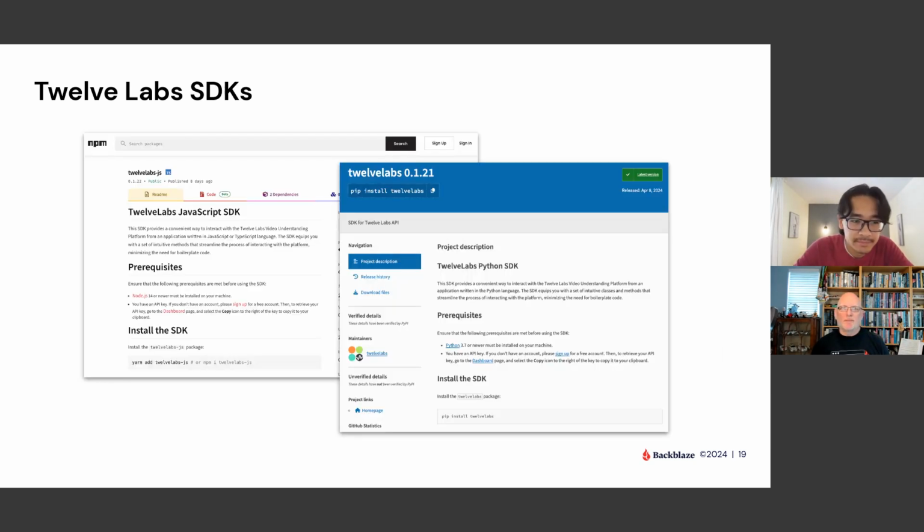Yep. And we're all familiar with this now. So you don't have to call the API directly, right? You've got two choices of SDKs. Yeah. And this is actually a very exciting development from Twelve Labs, and we only released the Python SDK and the JavaScript SDK a month and a half ago. So it's quite recent. Obviously, we got a lot of requests from developers like, hey, can you just make a better developer experience, right? So yeah, these are available.